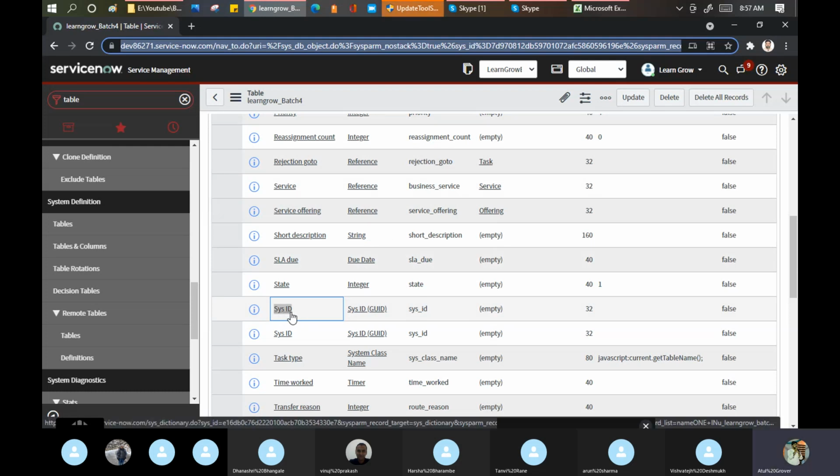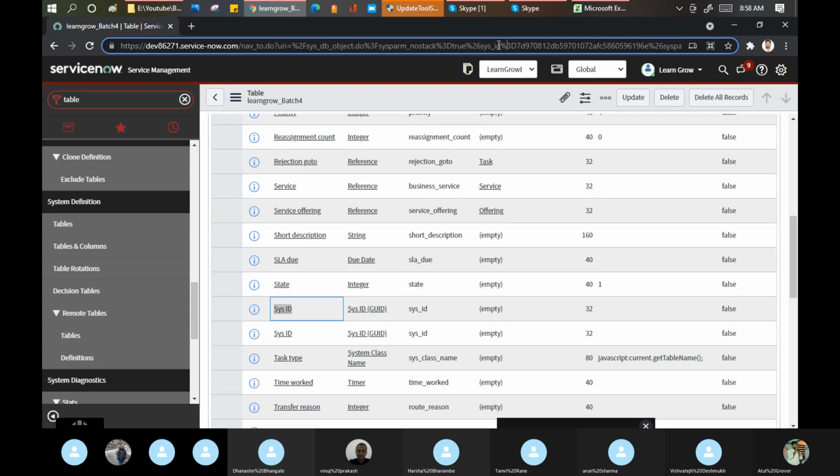System ID, a very important question from the interview perspective. What do you mean by the sys ID? It is a unique identifier of a record of a table. Sys ID is a combination of 32 alphanumeric characters, starting from here and ending here. Every record has its own sys ID.